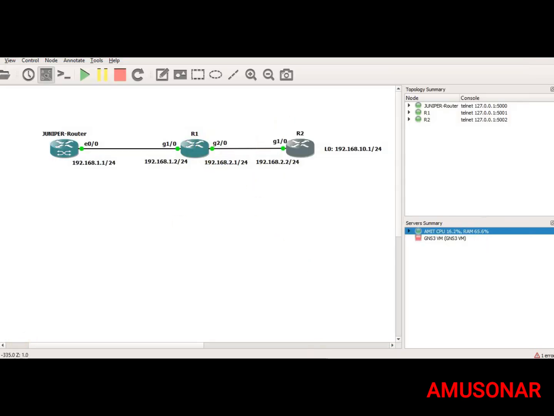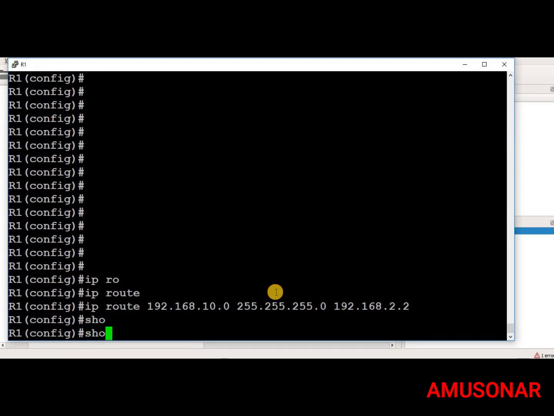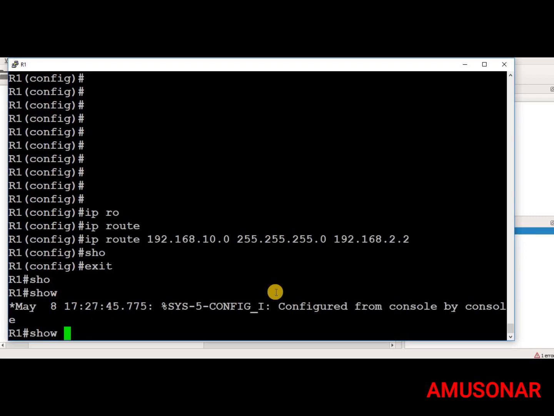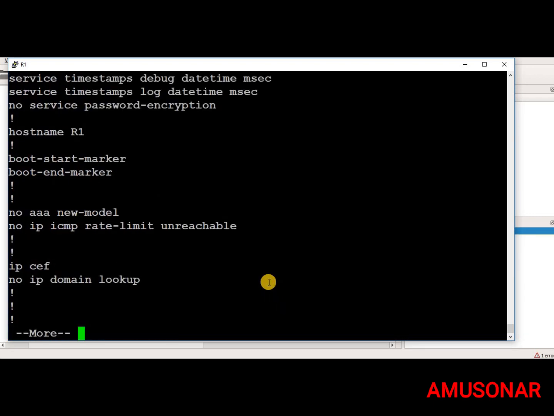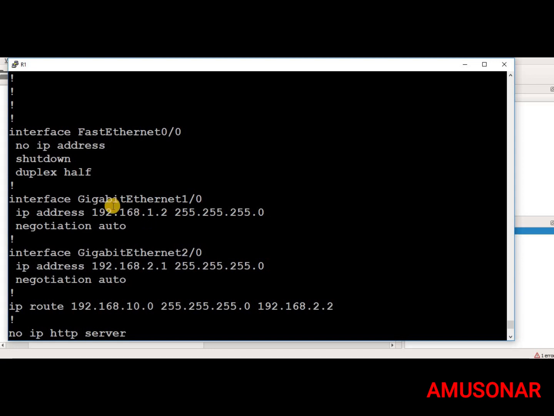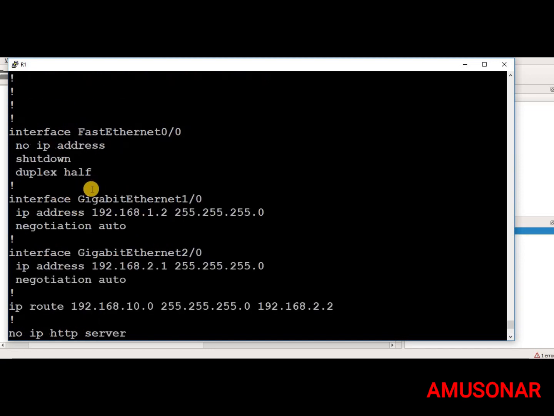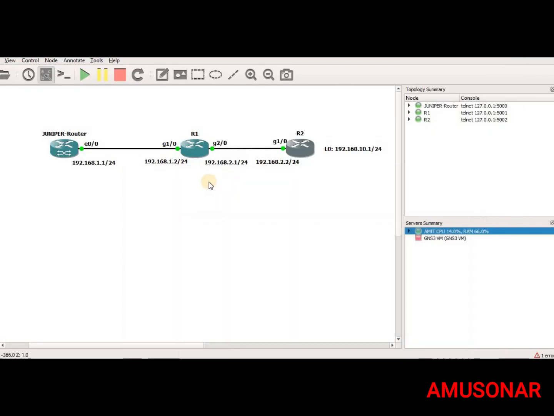Now the configuration of R1 router. Exit, show run. Okay. So in R1 router also we have configured the interface gigabit Ethernet 1/0, gigabit Ethernet 2/0 and one static route for the network 10.0. That's it. And now in Juniper router,